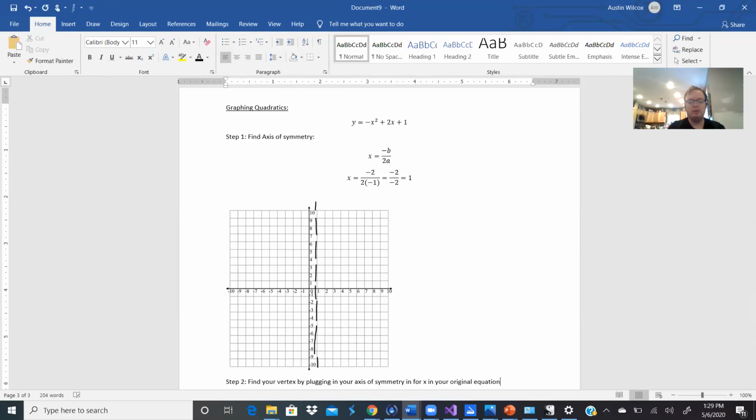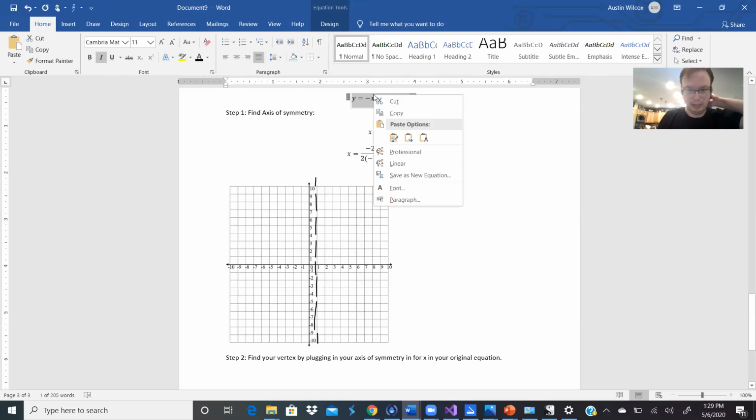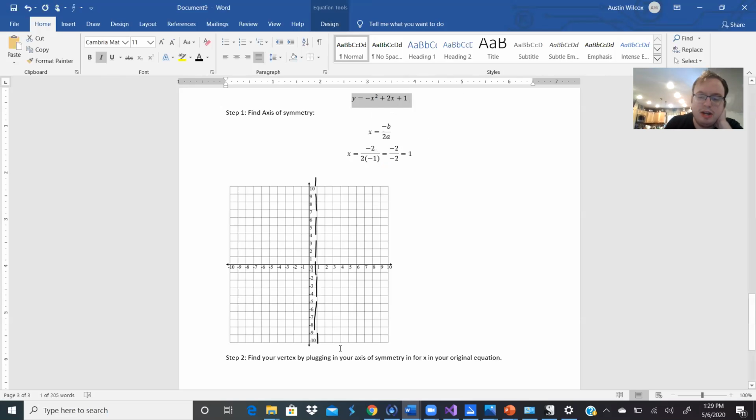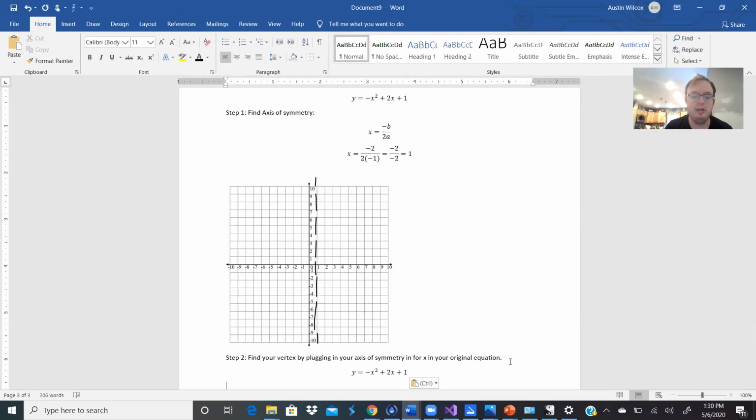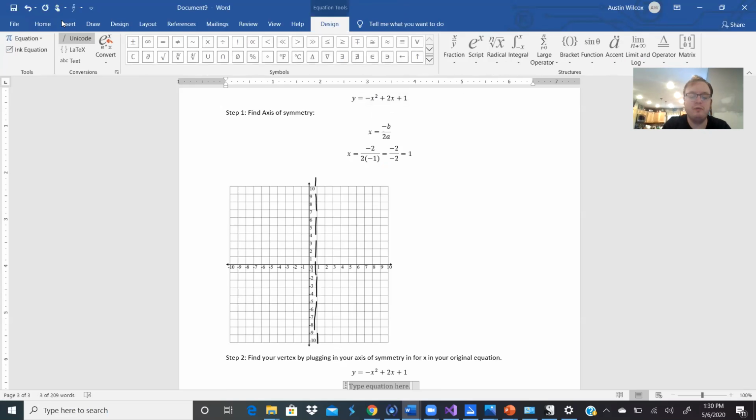equation. So here, my original equation, and I'm going to copy and paste it. Sorry, my neck is kind of hurting me a little bit today, but I'm going to copy and paste it and say, okay, my axis of symmetry is positive 1. So now what I'm going to do is, instead of writing x, I'm going to write positive 1. So y is equal to negative x squared, but now it's going to be 1 squared. Negative 1 squared plus 2 times 1